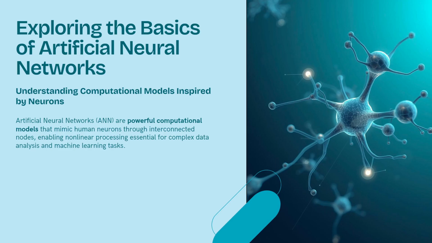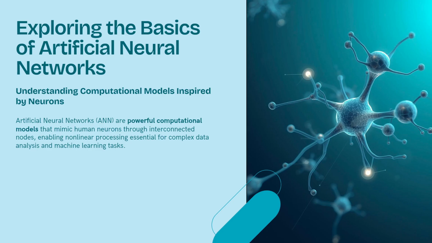To understand ANN, I want you to imagine thousands of tiny light bulbs connected by wires. Each light bulb is like a neuron. Some bulbs glow brightly, some glow dimly, some stay off. The glowing depends on the information passing through. This entire network of light bulbs is like the artificial neural network. Why do we use networks? Because human intelligence does not come from a single neuron, it comes from the connections of billions of neurons. Similarly, ANN intelligence comes from how these artificial neurons connect and work together.